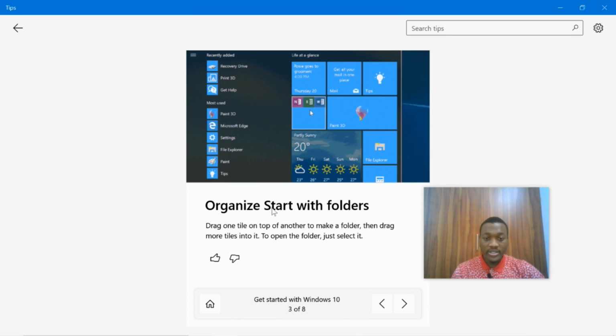And organize your Start with folders. Drag one tile on top of another to make a folder, then drag more tiles into it. To open the folder, just select it. Okay, now this is what they're all talking about. As you can see right now, drag one tile on top of another. Okay, I give it a thumbs up. So the next one